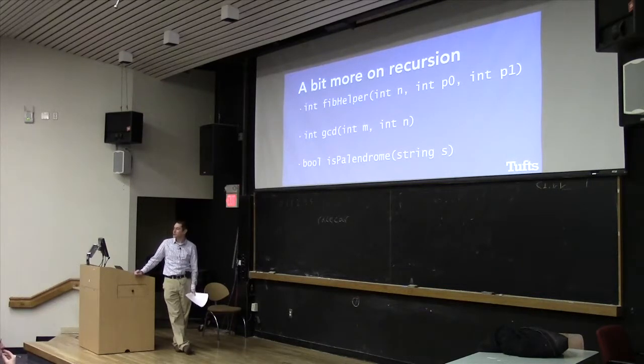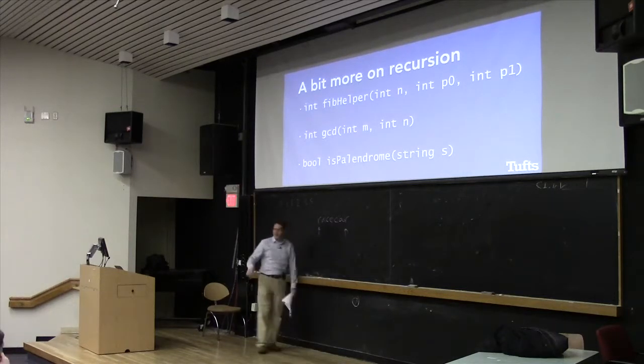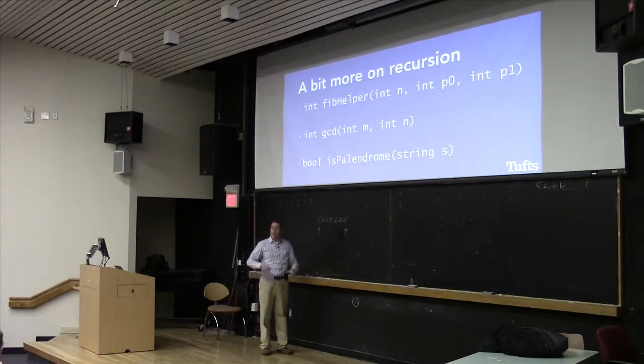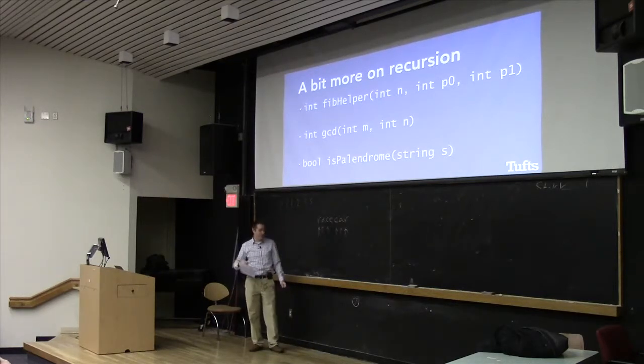Any ideas? Recursive solution? Or just a solution in general? Forget about the fact that I want to throw recursion in there, just describe how we would figure out if that's a palindrome or not. Yes? Check if the first letter and the last letter are the same. Okay, it's exactly the way you would do it in real life, right? Checking the first and the last. Then you're going to check maybe these two, and then these two. And then the middle one, it doesn't matter. If it's an odd number, it's still a palindrome, right?